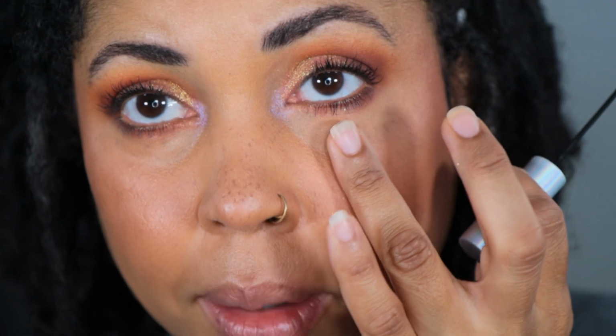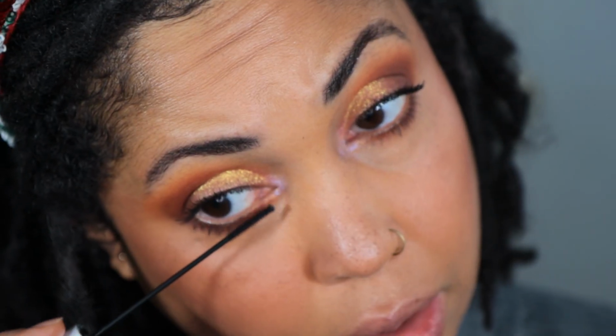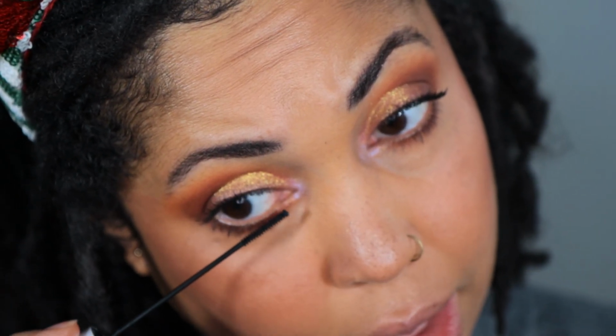And I like that because it's not making the bottom lashes too thick. I hate that. So again, not good for volumizing and thickening, but I do think it's good for lengthening and defining. I like this a lot. Okay, so I'm gonna go get a lipstick and then I'll be back to let you know my final thoughts